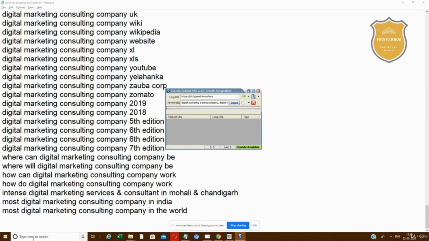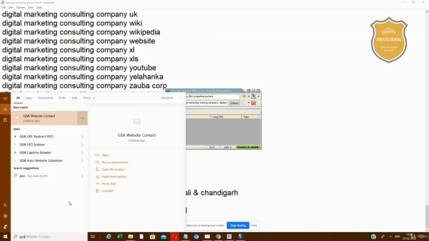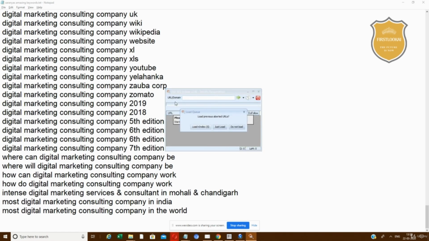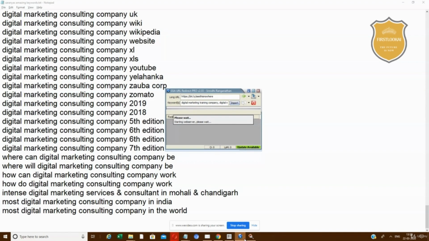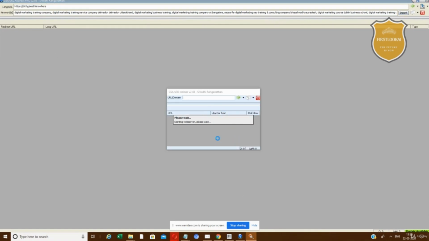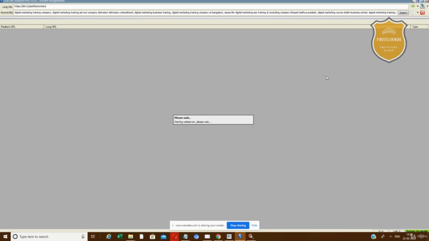So now we are going to click on this green arrow. Before we click on it, I also have SEO indexer, which is a different software. Turn that on also. You have to turn on both the URL redirect and the SEO indexer. Once it does, it's going to create thousands of URLs based on this. That will redirect to this, and this will be indexed on search engines by SEO indexer. Good, you understand how it works.